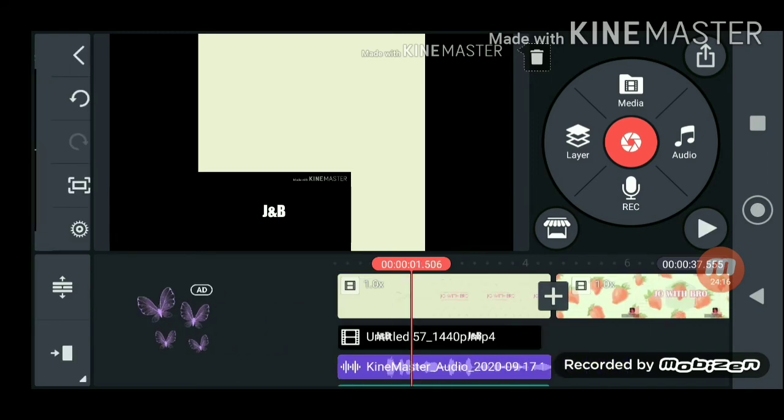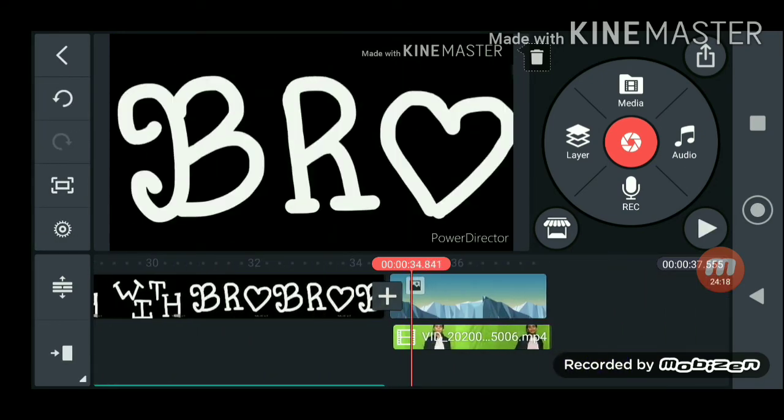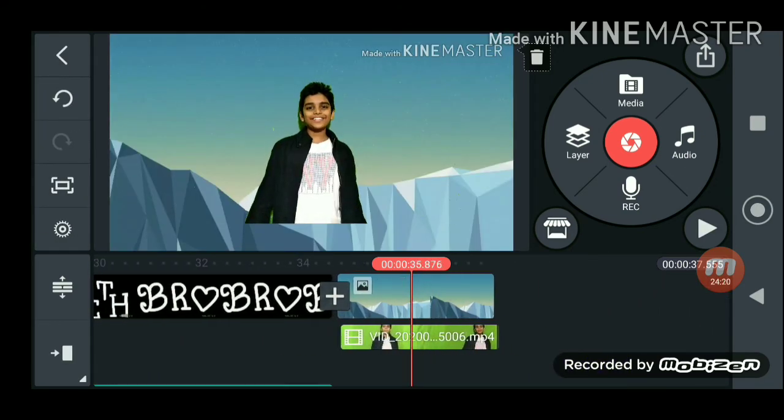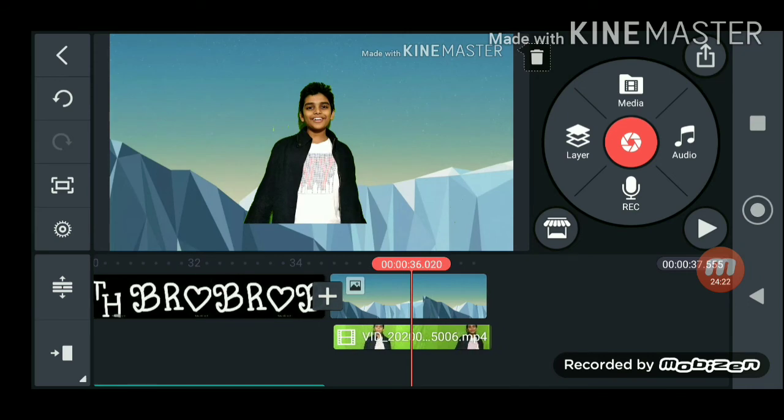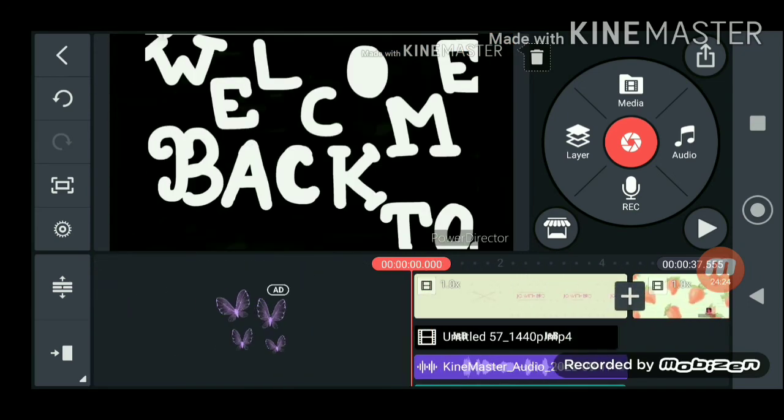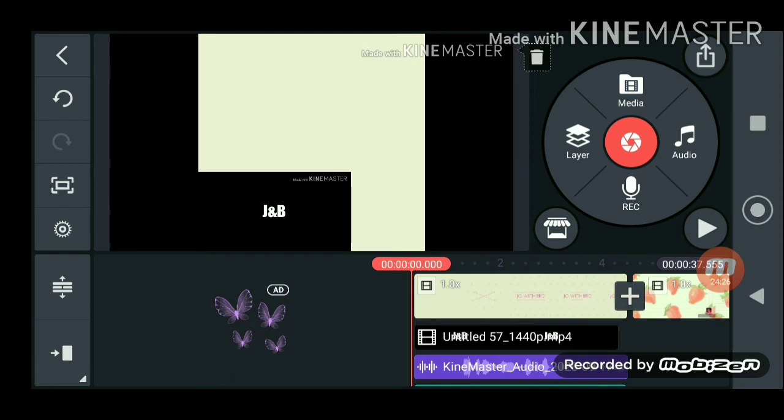As you can see, the green screen is gone. So these are the green screen and the basic effects which you need. I showed you in this video what is KineMaster, how to add photos, how to add music, how to add layer, how to record voice, how to download any song or sound effect, how to use the KineMaster app, how to edit chroma key, and these are the basic effects which I use.